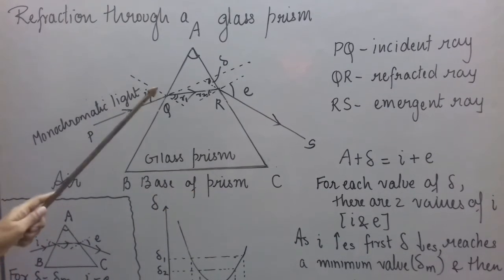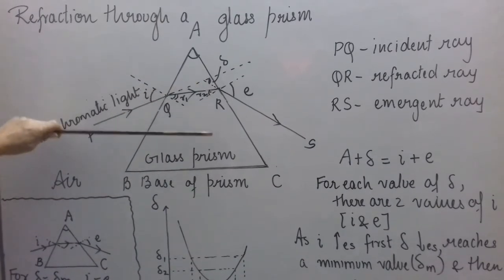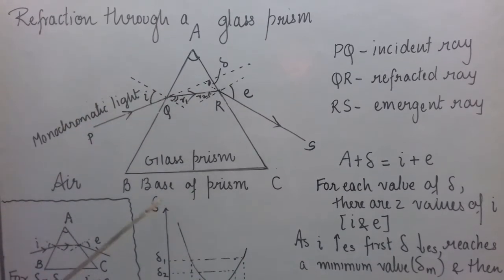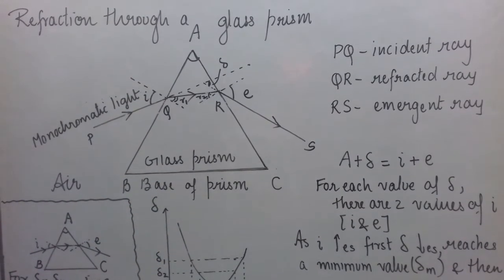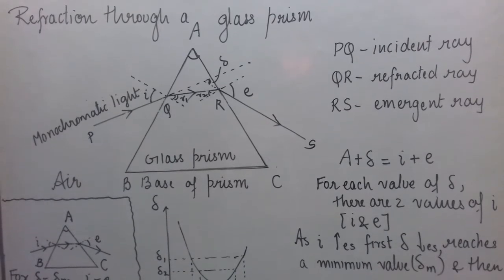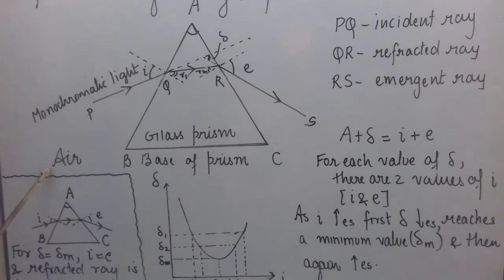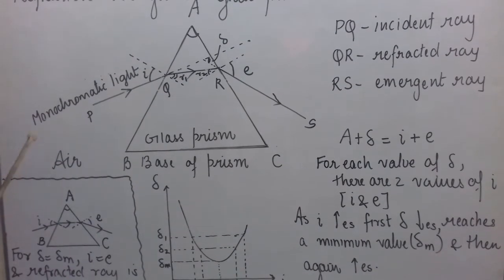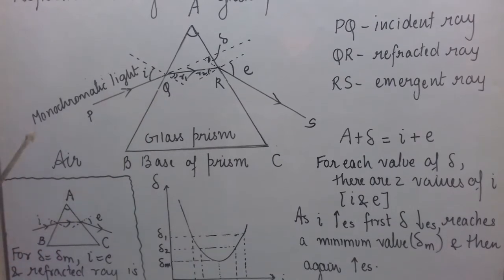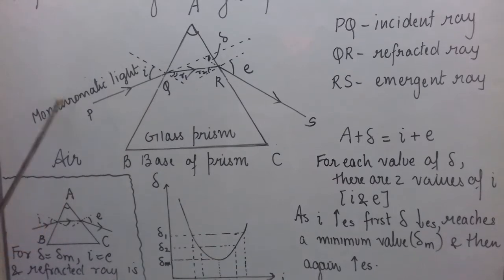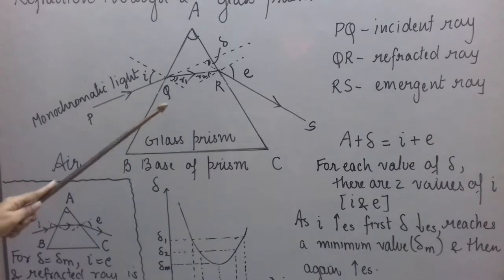So if we look at both the refractions, we see that refraction always takes place in such a manner that the ray bends towards the base of the prism. So whenever light enters the prism, it bends towards the base of the prism. And also remember, we are considering that the surrounding medium is air, which is optically rarer than the glass material. Compared to the glass prism, it is optically rarer. So I hope you have understood all these things we have recapped.